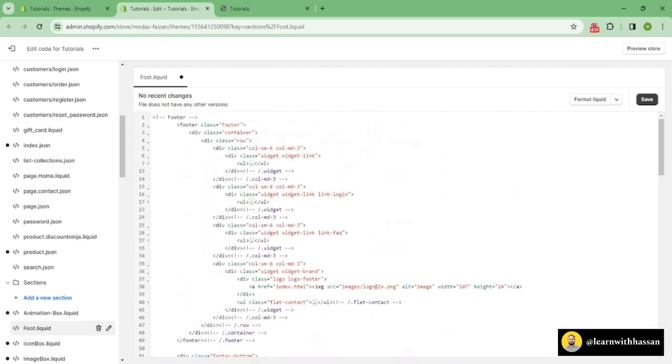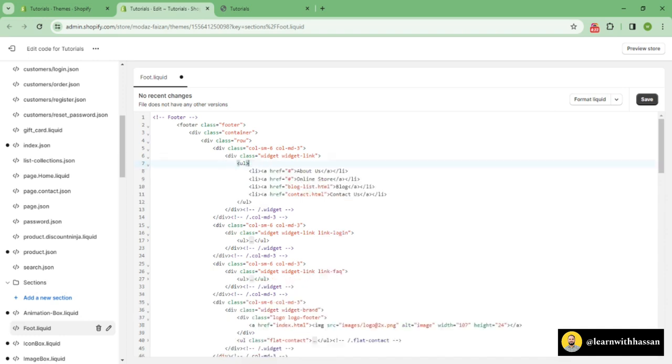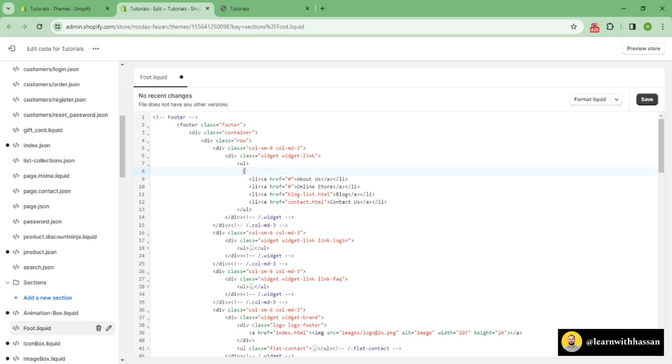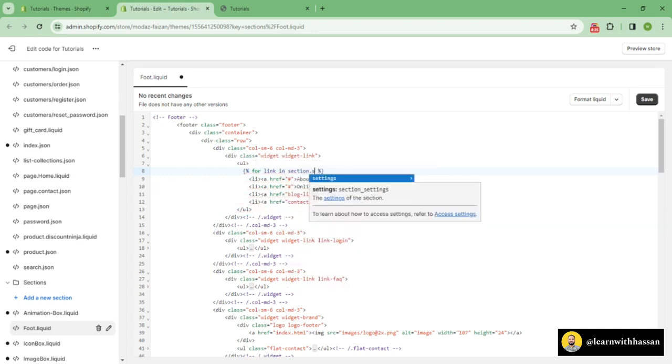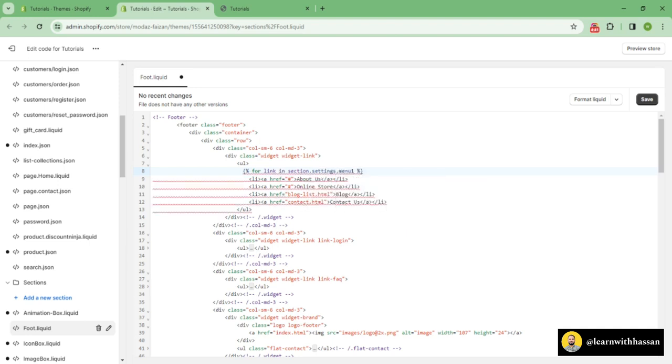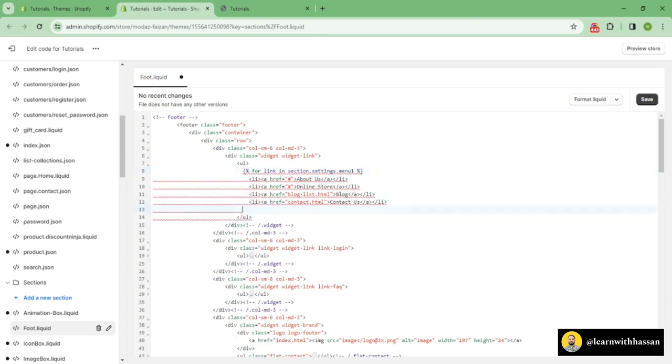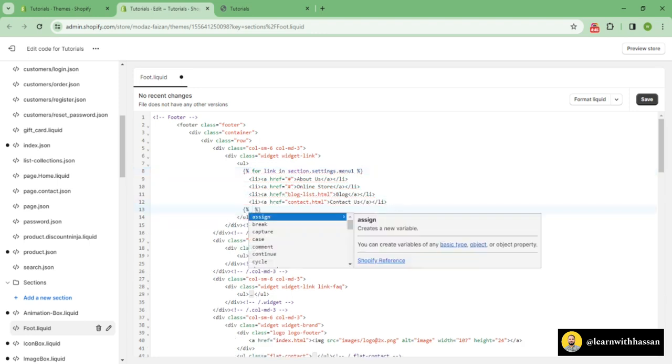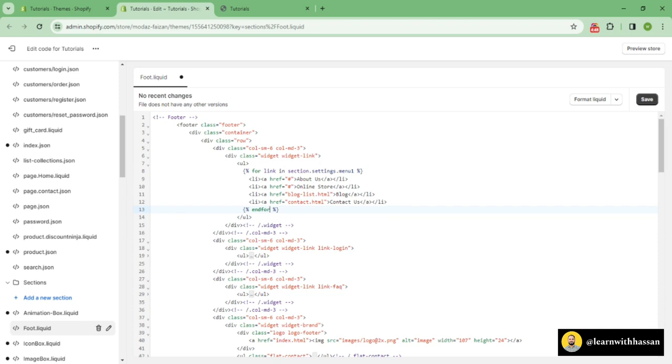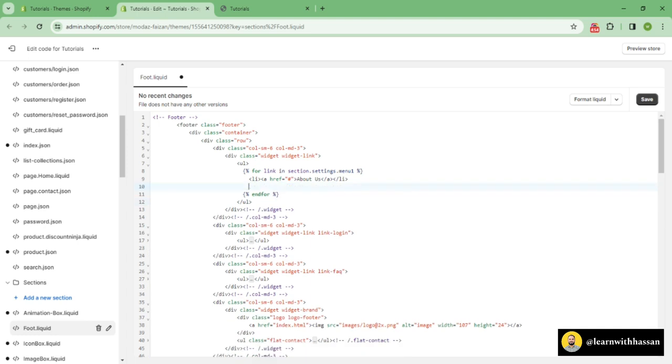Now over here, if I open this UL for first menu, above this list I will add a for loop that will state for link in section dot settings dot menu 1, which is ID for my first menu, and I will end my for loop over here, endfor. Now I will delete these LIs,